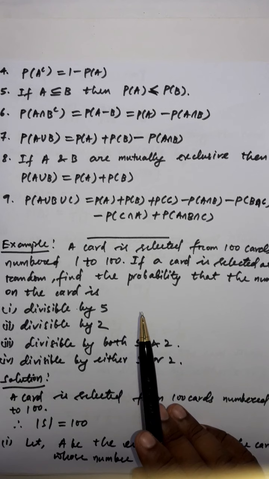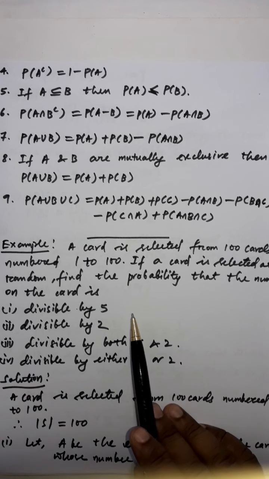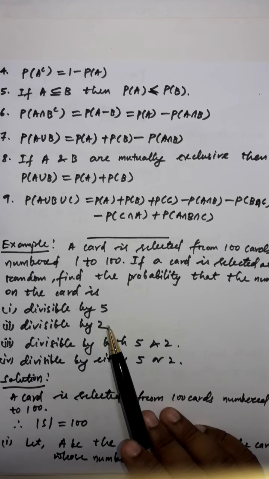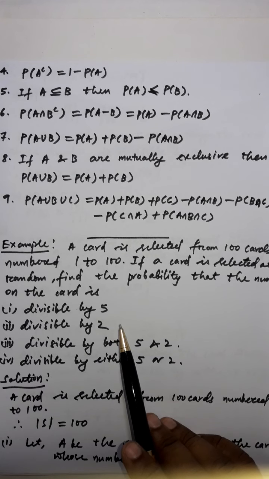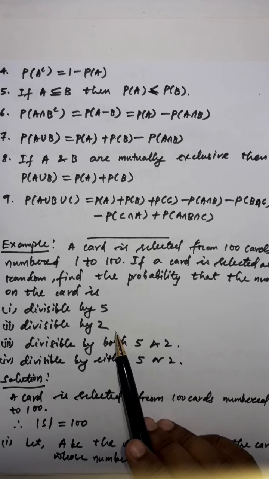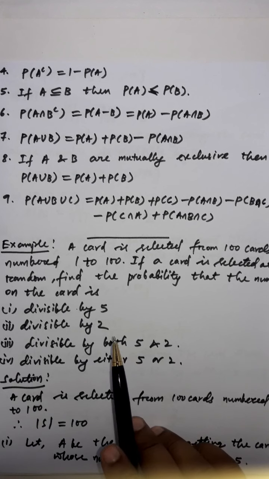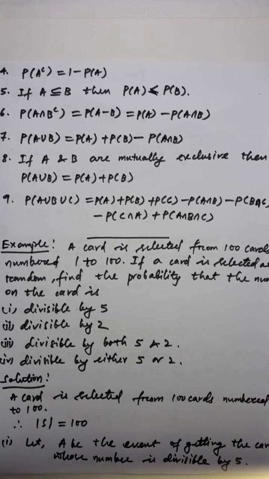So before moving to the problem, let me tell you that while solving any probability problem, your first task will be to read the question carefully, and the first thing you have to do is judge the sample space, because without the sample space you cannot calculate the probabilities. So first of all you have to understand what the sample space is in this problem, and then you have to name it S, and then you can proceed to the size of the sample space S.